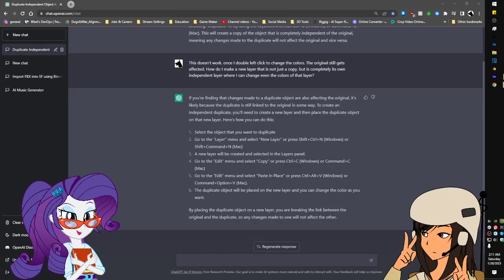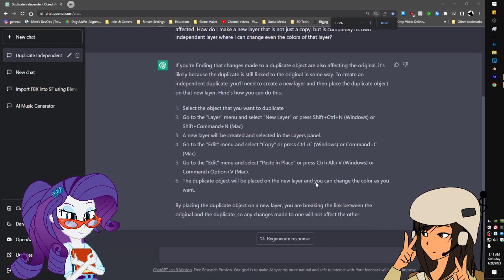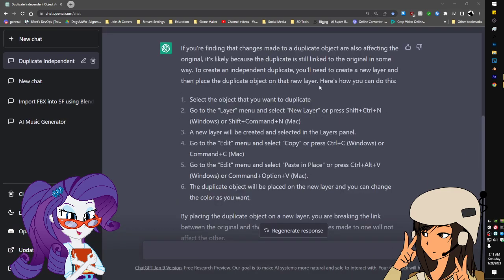If you're finding that changes made to a duplicate object are also affecting the original, it's likely because the duplicate is still linked to the original in some way. To create an independent duplicate, you'll need to create a new layer and then place the duplicate object on that new layer. Here's how you can do this. So you would delete,